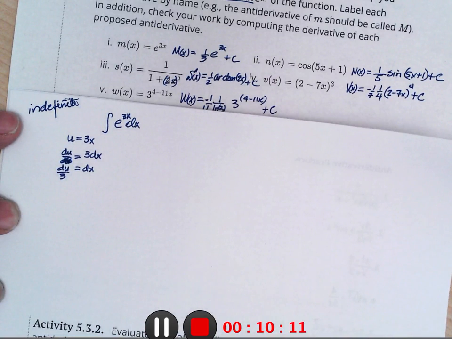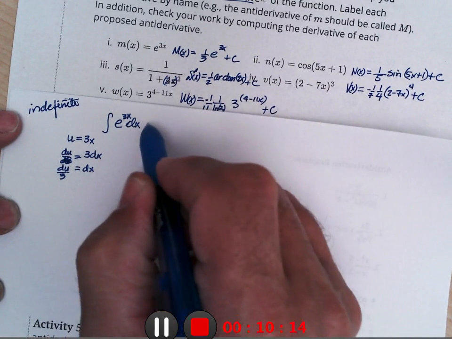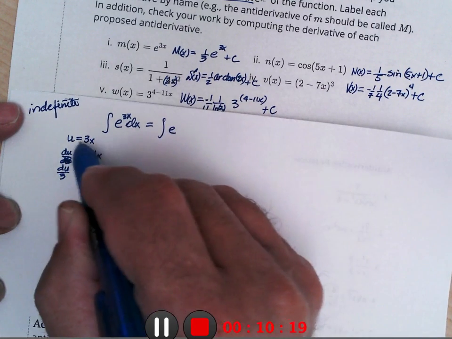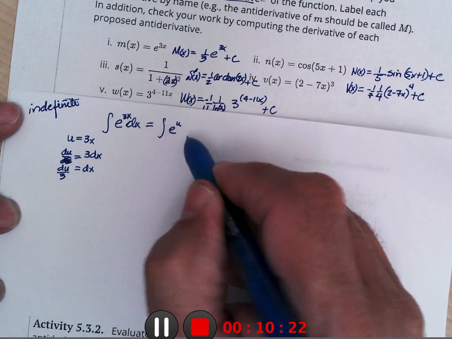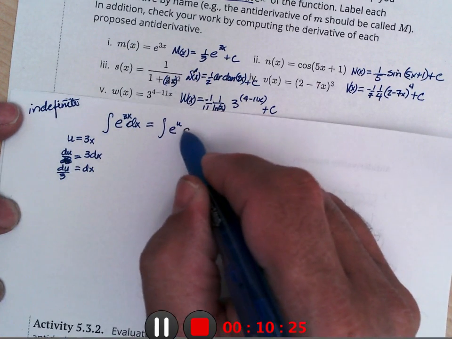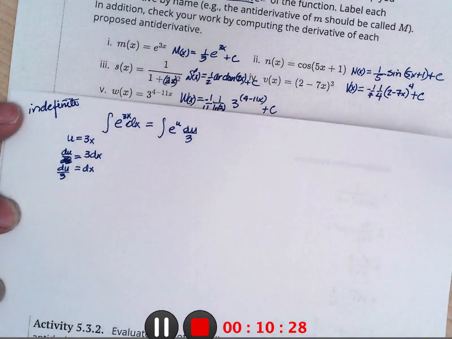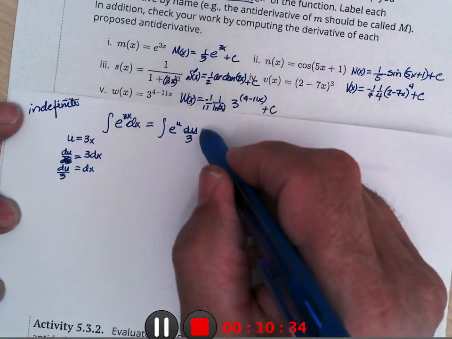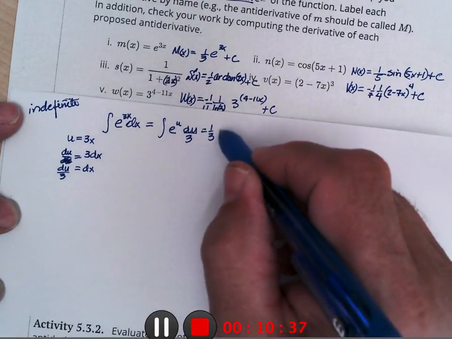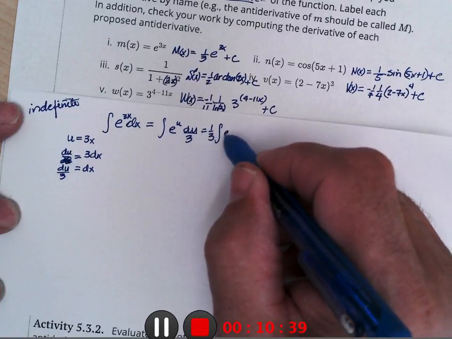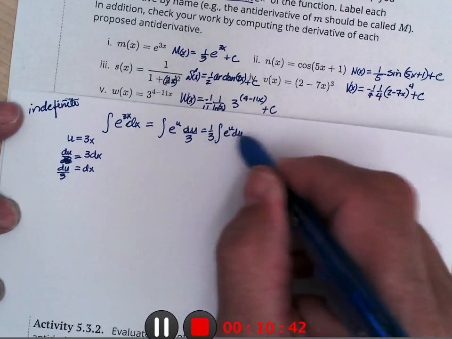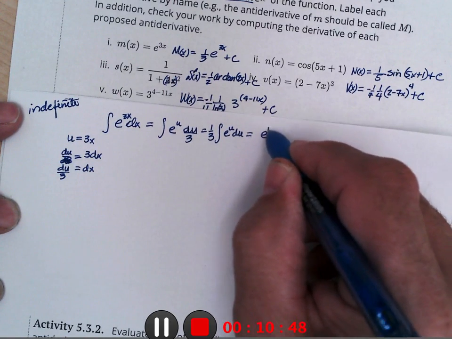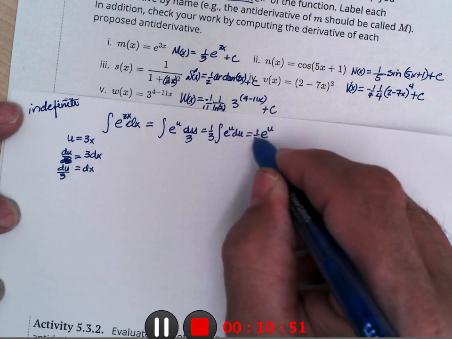Okay, so this integral would become the integral of e to u, and dx would become du over 3. Over 3 is like times 1/3, so I can take the 1/3 out, so it's just 1/3 antiderivative, please, of e to the u du. Now that's one that's pretty easy. E to the u du is just e to the u, but times 1/3 plus c,